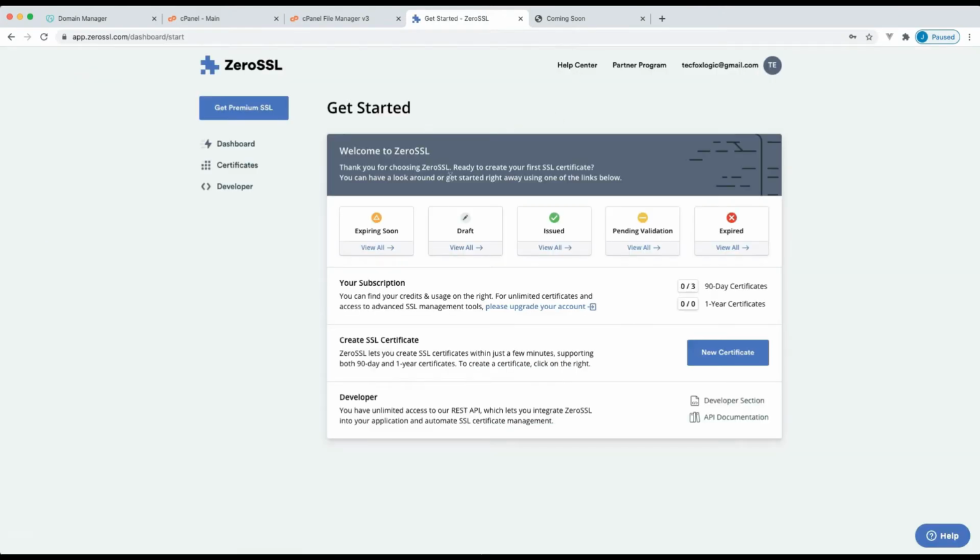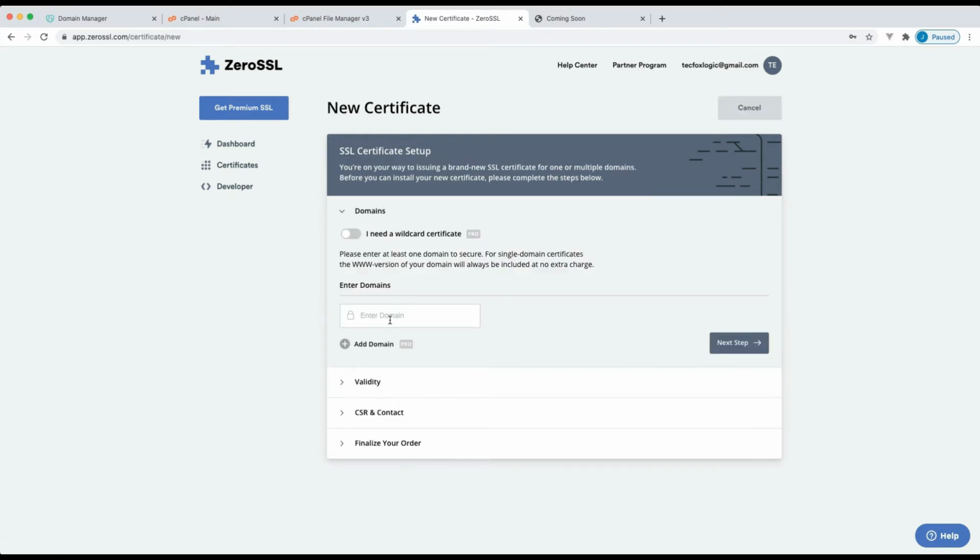We are on dashboard now. Actually, we are taking a free plan here and only one domain can be used in this plan. Click on the create new certificate. Enter our domain name here. Let's click on the next step button.